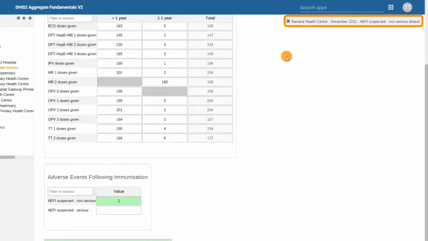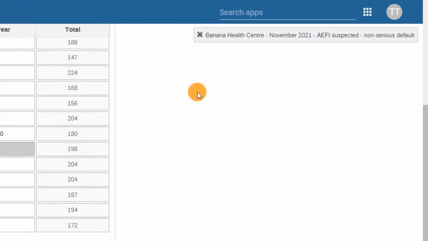Another useful tool is the metadata information pop-up. You can keep track of where you are in the form using the metadata displayed at the top right of the screen. As you can see, it shows the organization unit, time period, and specific data element and disaggregation we're entering data into. This can be particularly helpful when you're entering data into a form with many disaggregations, as you can use this metadata to see which field is selected so that you can verify that you are entering data in the correct place.